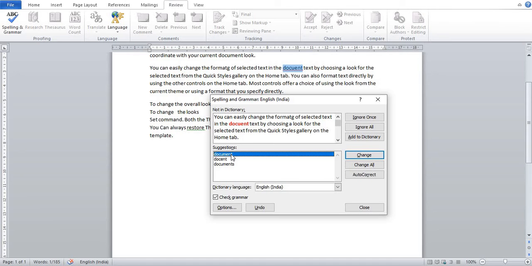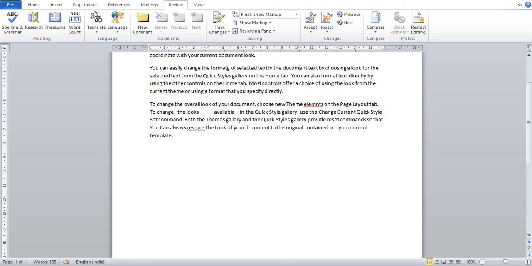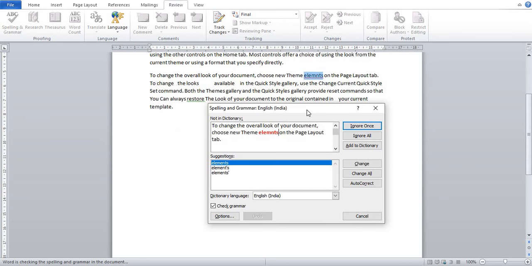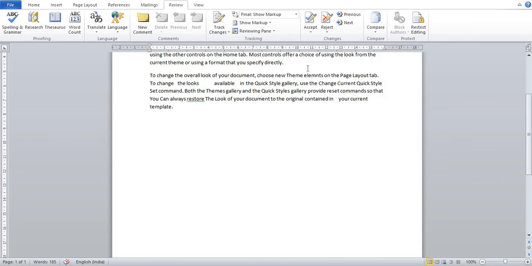Suppose I want to change this spelling to document, so I click on Change, and our spelling will be changed. Now suppose you want to add this wrong spelling into your dictionary, so you can just click on Add to Dictionary, and this word will be added to your Word dictionary.